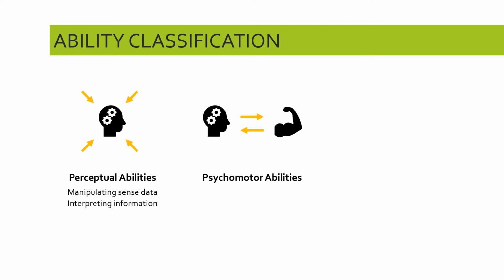And so these psychomotor abilities are the sorts of abilities that relate to how well our brain and our muscles link together. So you can see on the diagram there, we've got these yellow arrows going in both directions to indicate that that information passes in both directions, both from brain to muscle, but also from muscle back to brain. So some other abilities that relate to the brain-muscle connection include things like reaction time, or coordination and balance. And all of these depend on the lines of communication between brain and muscle.